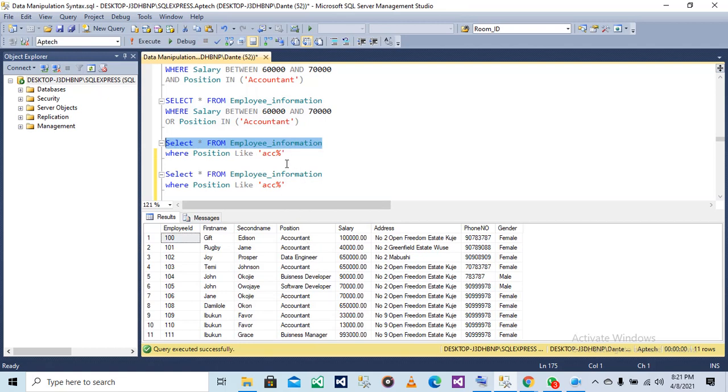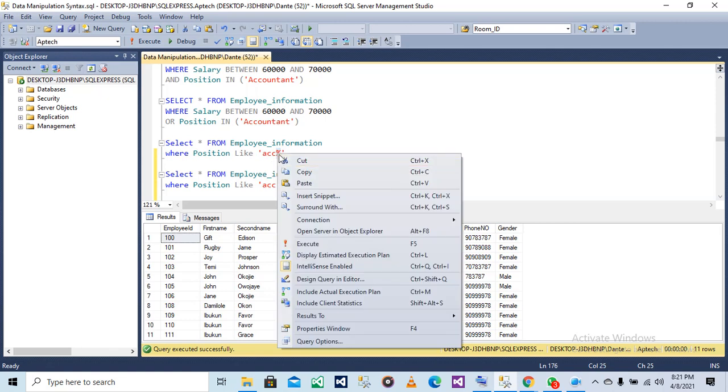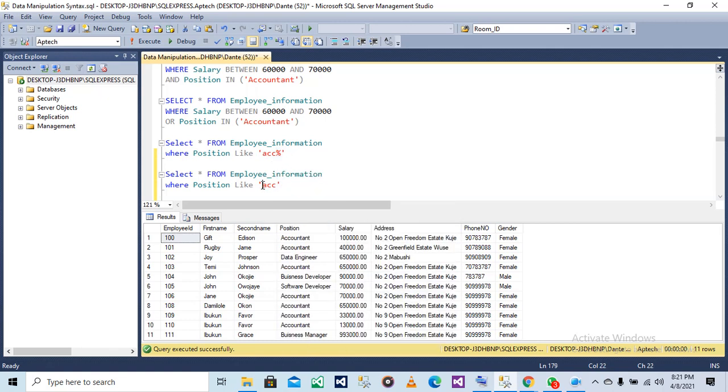If you put the percentage at the back of the word you want to search for, it's going to look for words that begin with ACC, then the percentage. But if you put it at the front, any word that ends with ACC is going to come out, but we don't have any on our table.